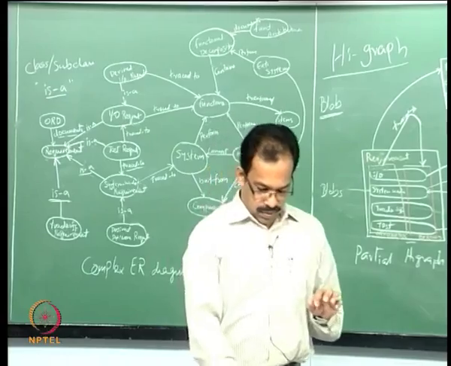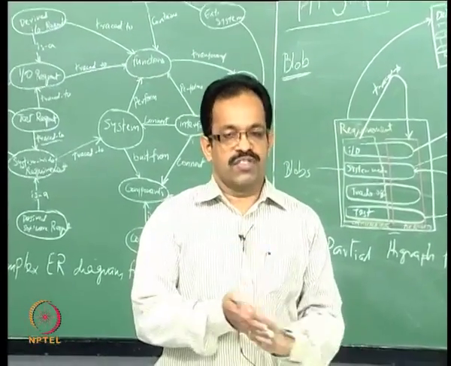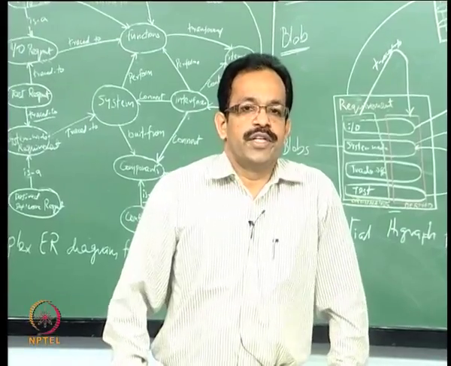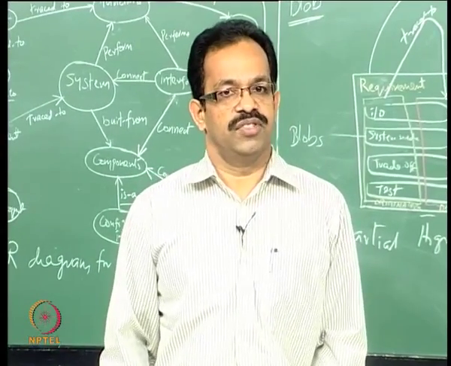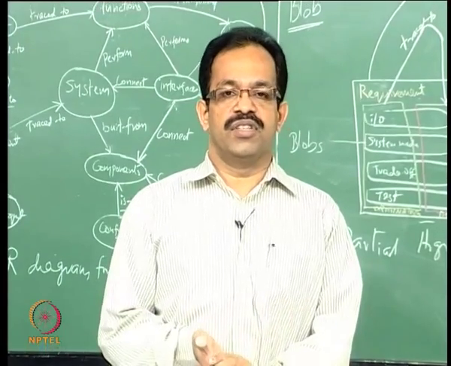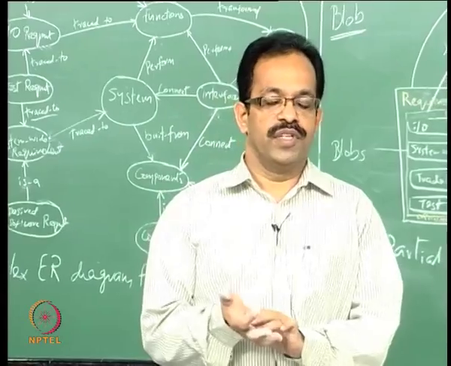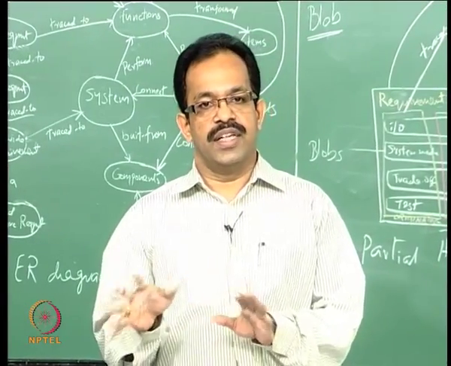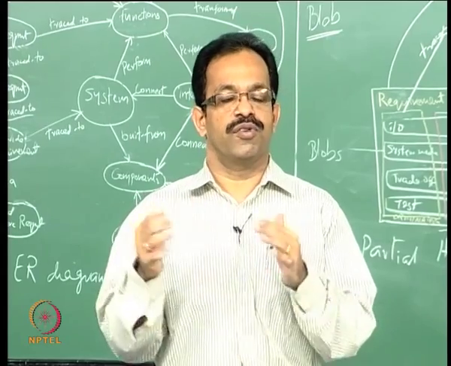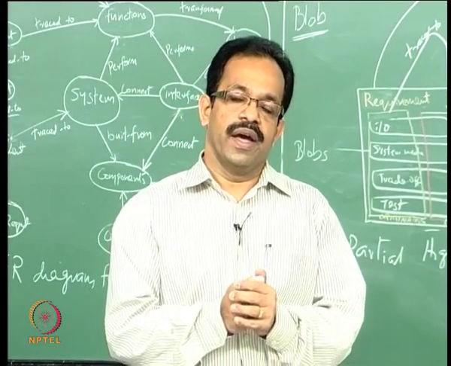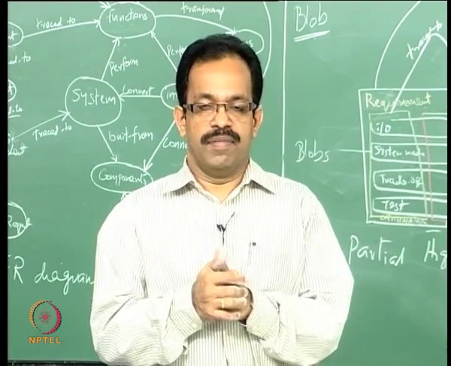So, to summarize whatever we discussed today, we discussed about the qualitative modeling techniques, graphical modeling techniques for engineering system design. As we know, there are many entities in the system, and there are relationship between these entities, and therefore we need to represent these relationships using graphical methods, so that it is easy for us to understand the relationship, and it will help us in the design of the system. And various methods are used.